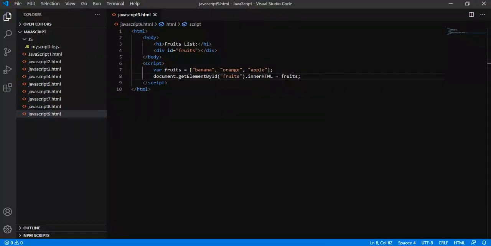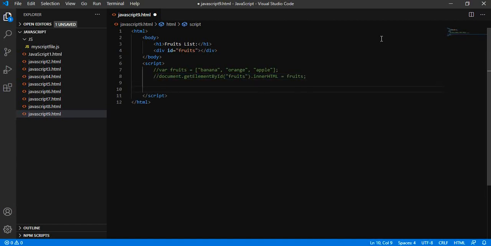We can also define the array with the help of the new keyword. Let us comment this out. Using the new keyword to define the array.